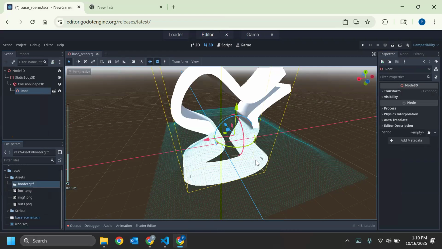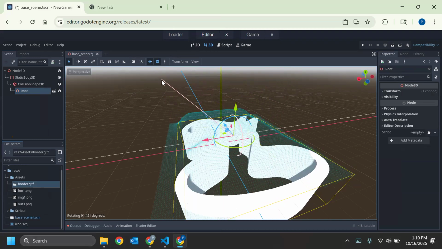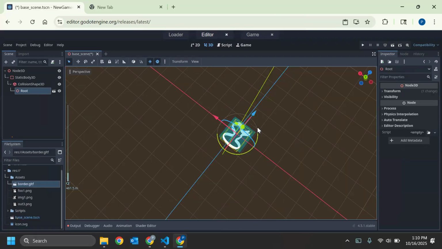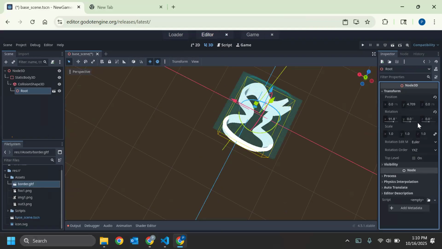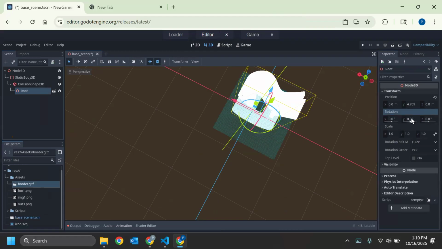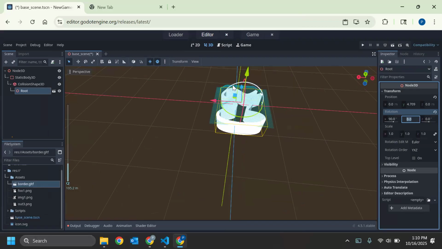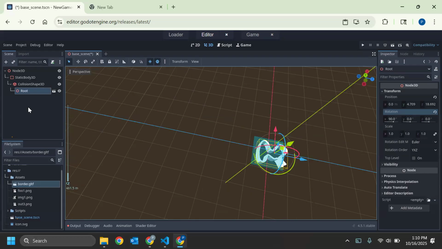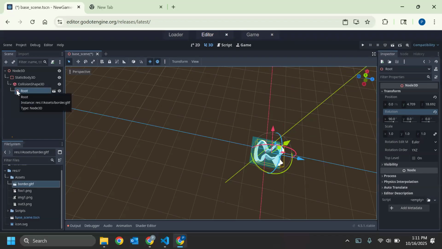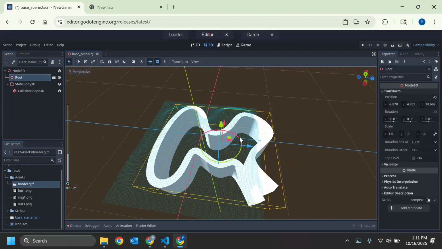Let's re-import. Okay, so now that I've re-imported it at 1,000, holy mackerel, I have something, a little golf course that we've made over here. So my Node3D, I am going to turn your rotation to exactly 90 degrees, since that's a little bit off. This is my root. I'm going to put you up in there and look at you. It may not look the best,